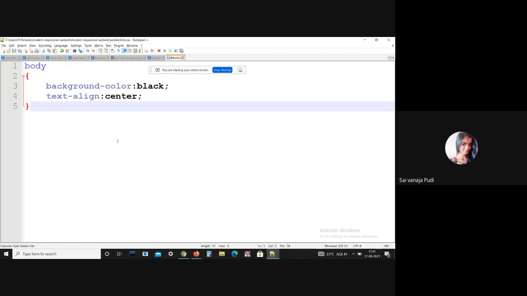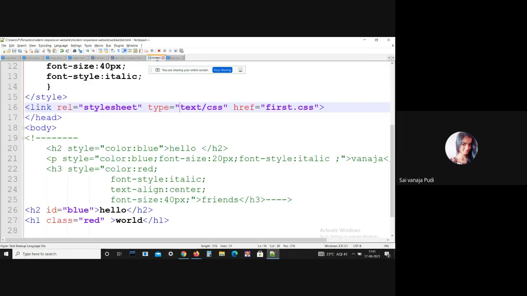Here in this CSS file I opened a body element and gave some properties: background color black and text-align center. So I have applied all the CSS properties in first.css to this list.html.